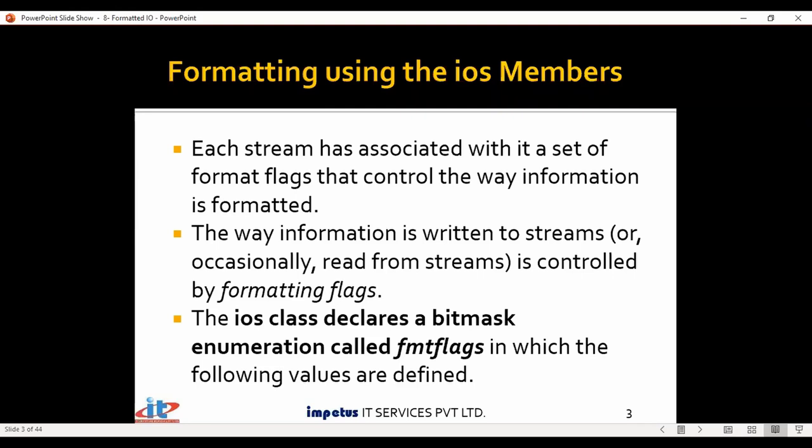But you don't have to be scared. How do I turn on and off? I don't remember bitwise operators. Don't worry. If you remember bitwise operators, that's good. You'll have low level control. If you do not remember bitwise operators, that's also okay, because there are functions which will allow you to carry out this turning on and turning off the bits. That can be done. This fmtflags is predefined in iostream, and we'll be looking at the structure of this fmtflags.